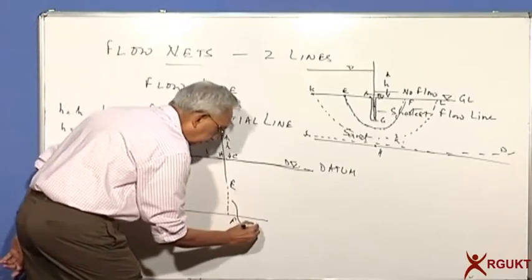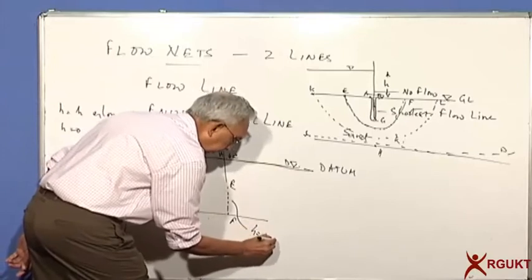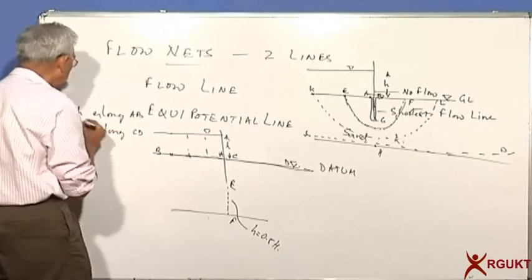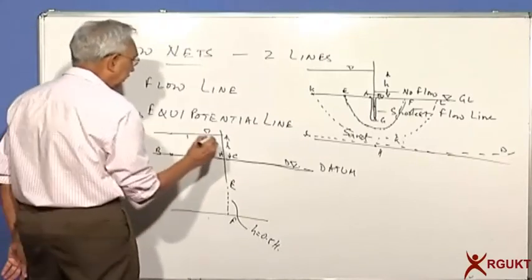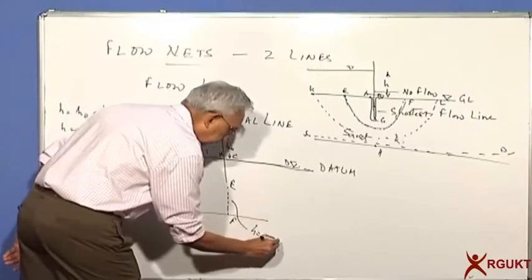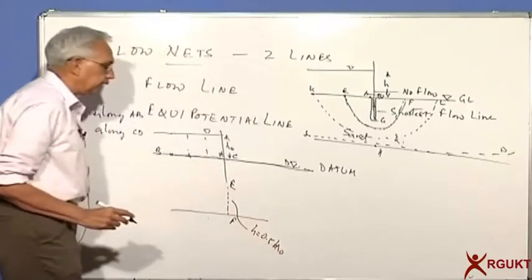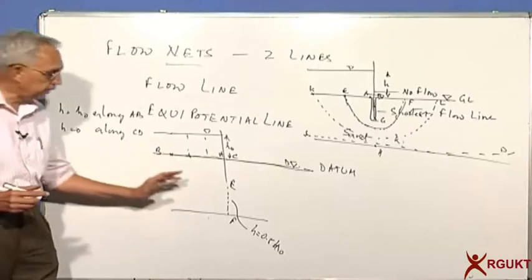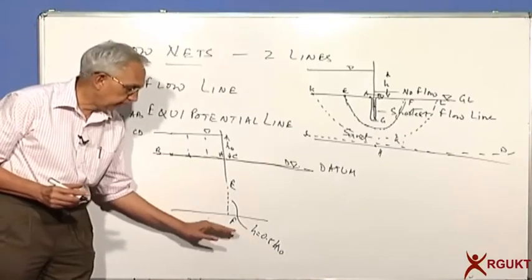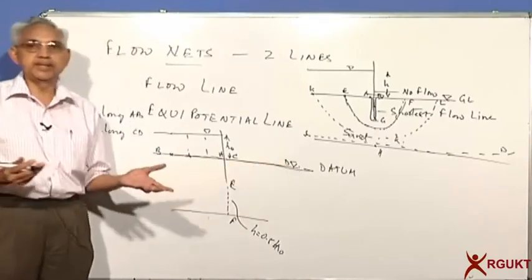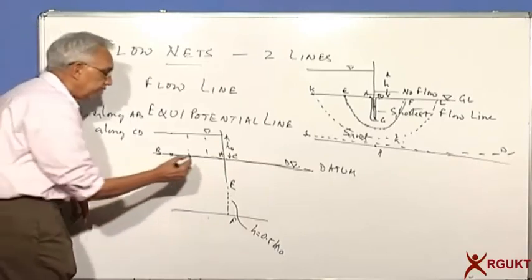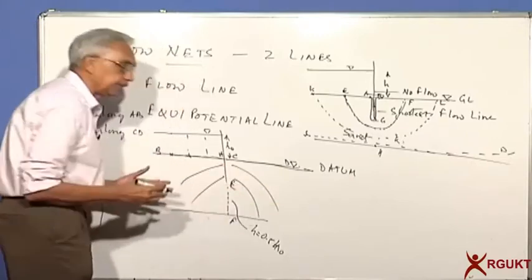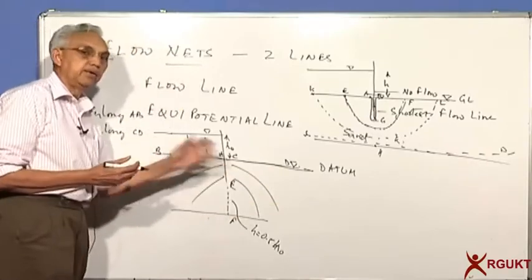So this is equal to H equal to 0. Sorry, I think better not. The potential here, I'll call it H naught. That becomes 50%. That means the head loss from AB to EF is 50%, and from EF to CD is another 50%. And again, as practice, we'll now do the in between so that I can get different contours which